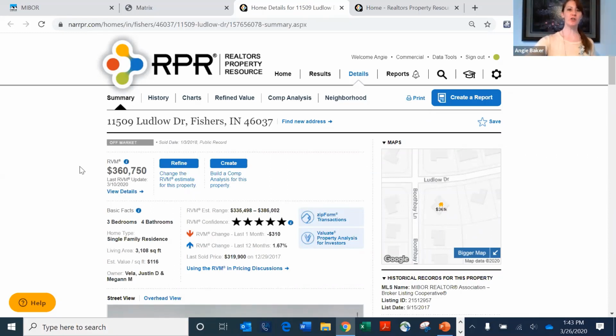One of the very first ones that you'll see is at the top of this screen here, they've got this little RVM. You might be familiar with other programs, other platforms that offer an estimate of value. There's a whole bunch out there in the real estate industry, and they've kind of gotten a bad rap because some of them use different sources of data than others, and some might be more reliable than others, and some are just flat out not good. So this is an estimate of value that pulls directly from the MLS